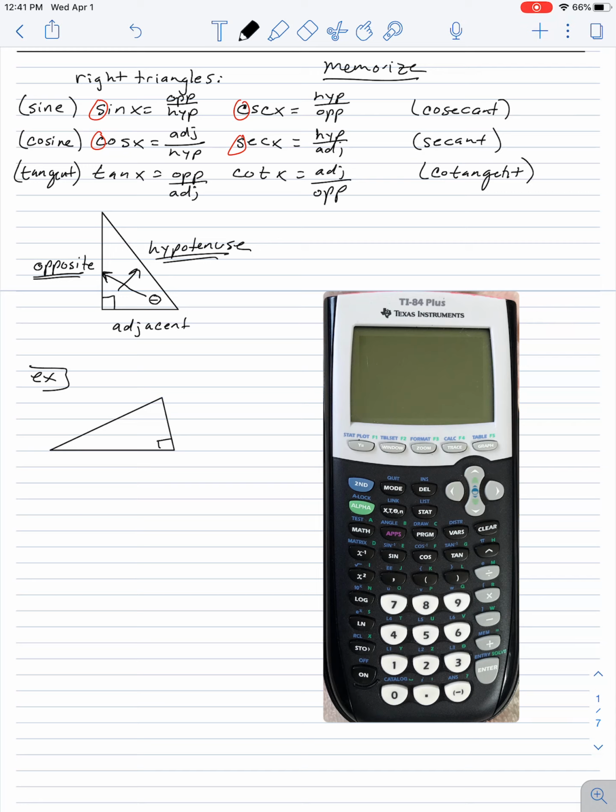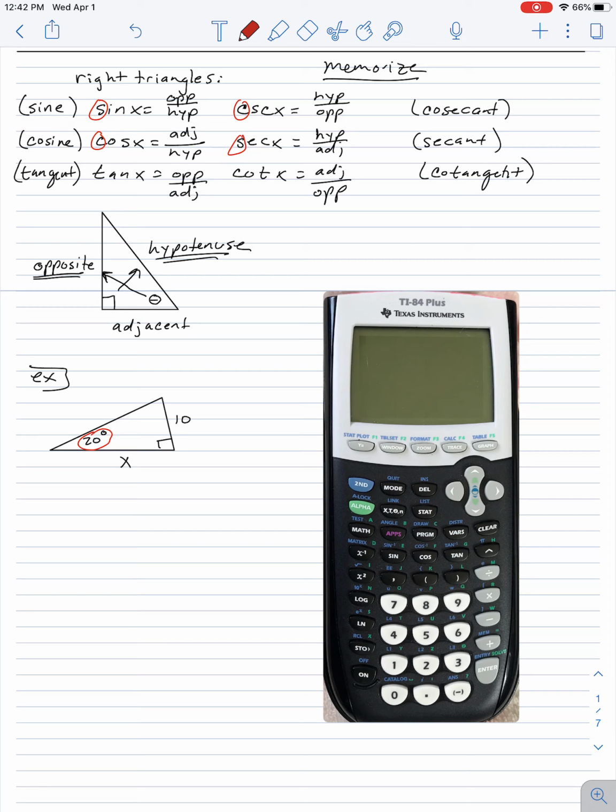That's supposed to be a right angle. It may not look like it, but it is. And let's say this side is 10 and this is 20 degrees, and I want you to find x. Okay, so the first thing that you do is you locate the angle that you have been given and you